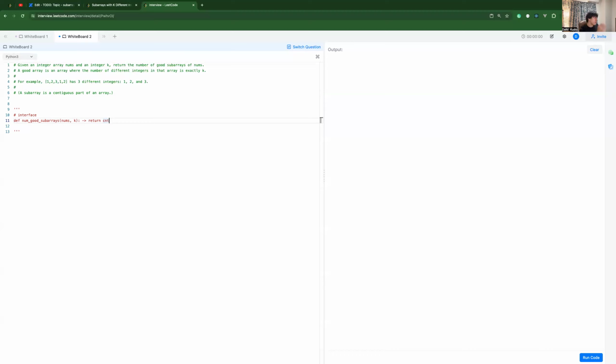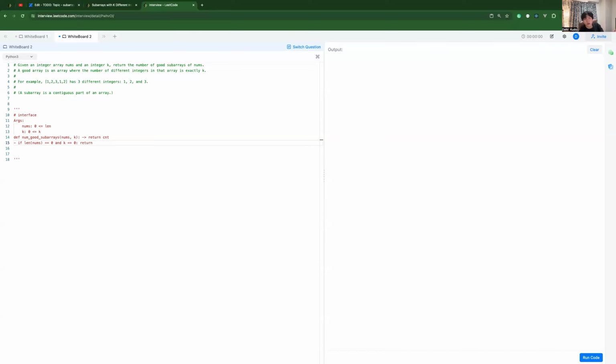So if nums is empty, assuming nums can be an empty array and k is larger than or equal to 0. So if the length of nums is 0 and k is 0, probably I should return